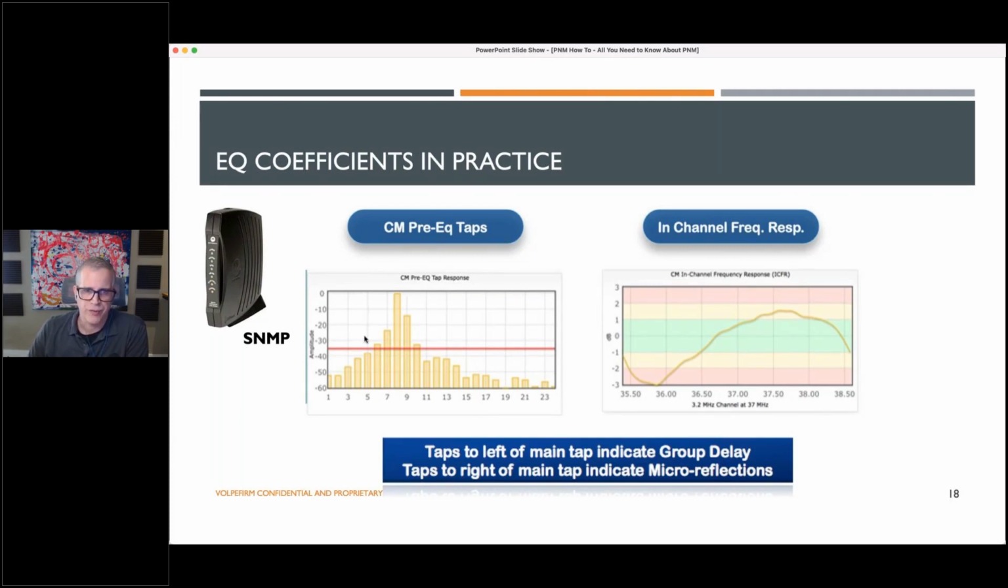And the first piece of useful information is the Pre-Equalizer Tap Chart that we see here. And we use this extensively to basically figure out what's going on. So, taps to the left of the main tap. And the main tap is tap number 8. So those of you who've been using PNM, you say, oh yeah, I know what the main tap is. But for those of you who are not, this main tap right here,